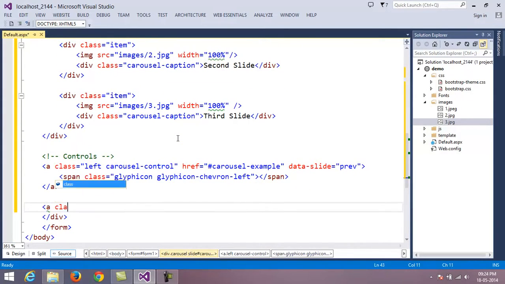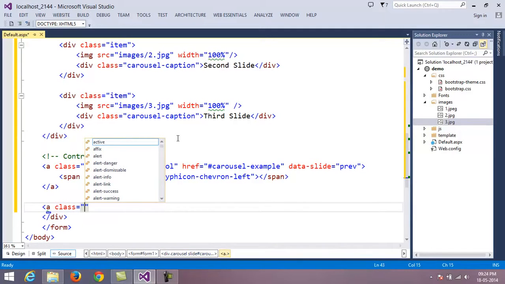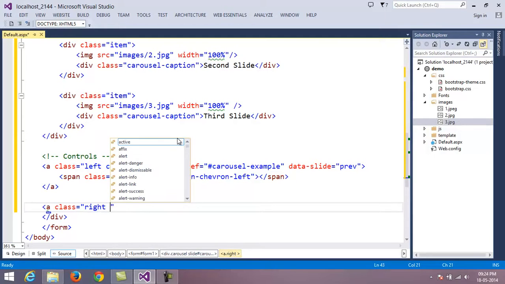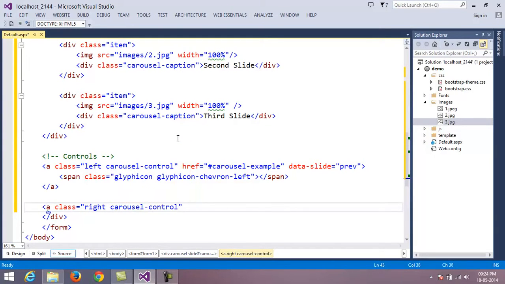Once again I take one more anchor. For the class I just use right carousel-control, and href is going to target the carousel example. data-slide equal to, I specify as next.